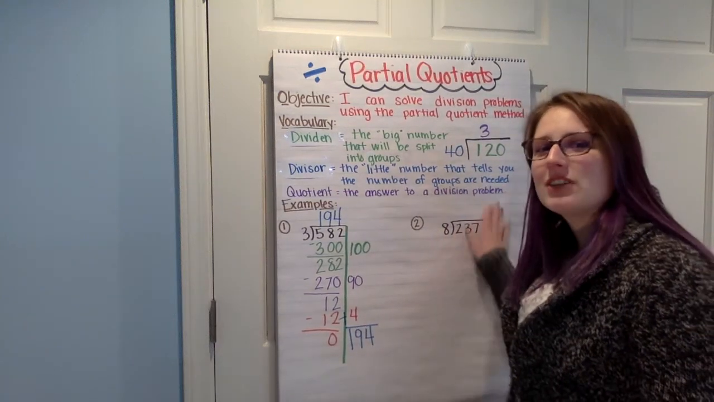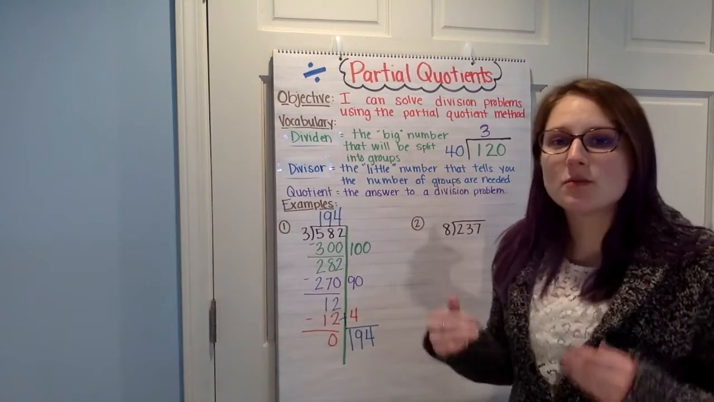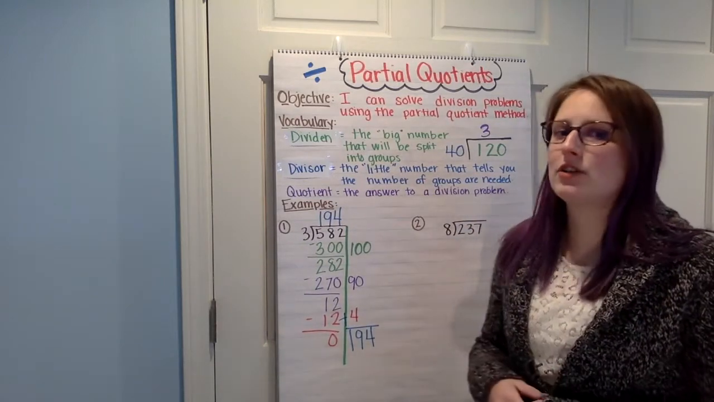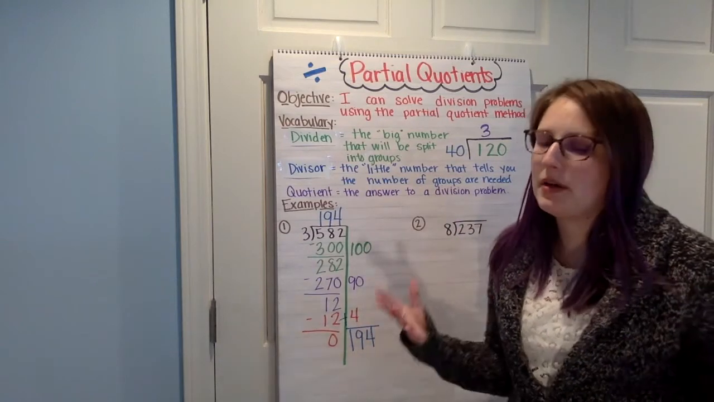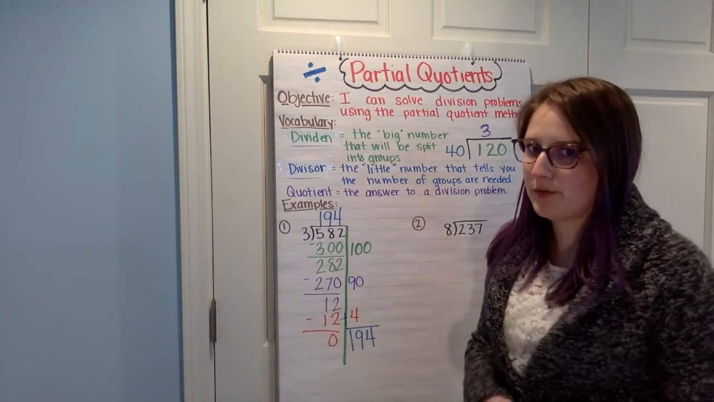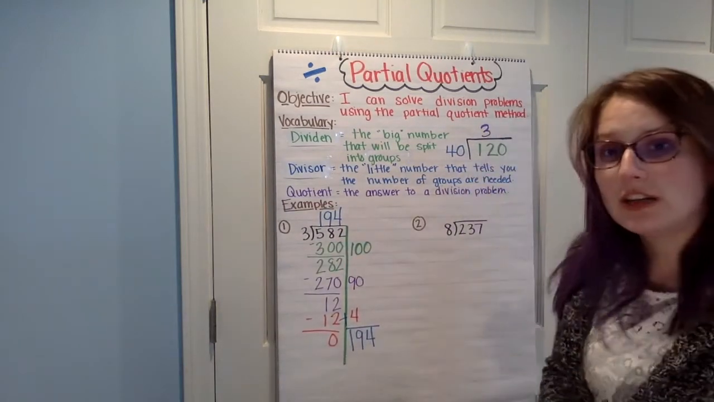All right, so now let's look at example number 2. This problem is a little more tricky because 8 is not going to go into this number evenly. This number cannot be split up evenly into 8 groups. So let's get started. Just like before, the first thing that we need to do is we need to make